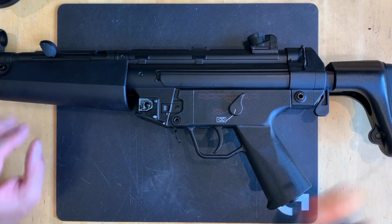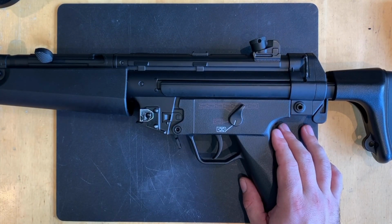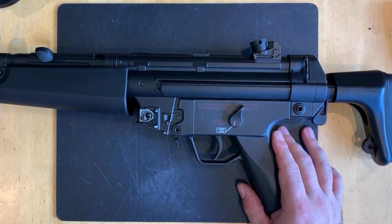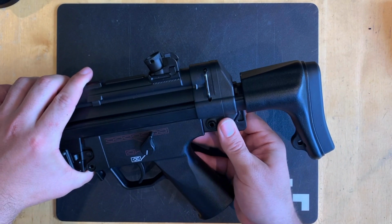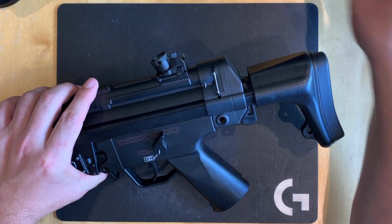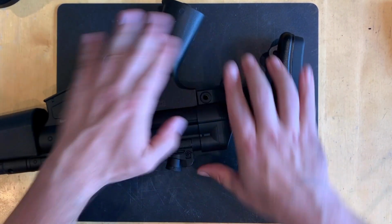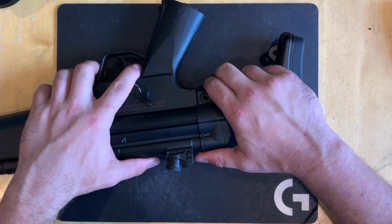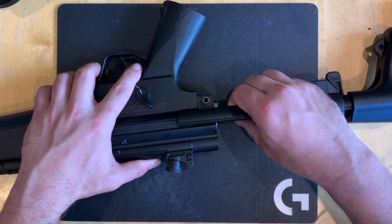Final part of the review, we're going to do the disassembly and gearbox inspection on the Cyma CM.041J. Before we do that, I just want to show you something I've noticed which is quite cool. So to remove the stock, press out and remove this pin, come over to this side and slide the butt cap off, or whatever you want to call it, gently, and you'll find anything you need to be wary of